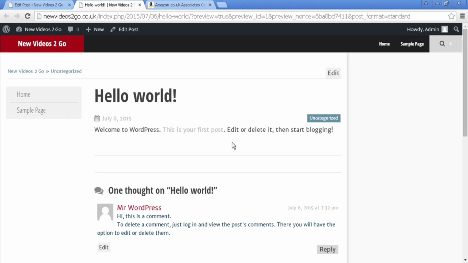And there we go. That's how you can add links and banners and adverts to your WordPress blog to direct